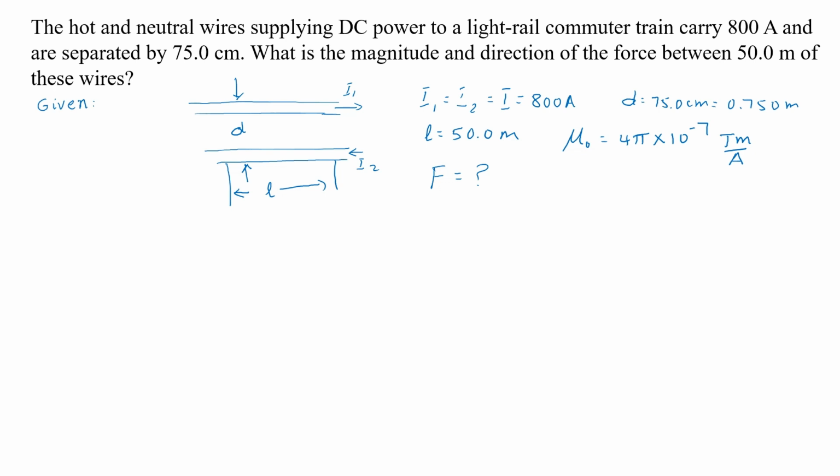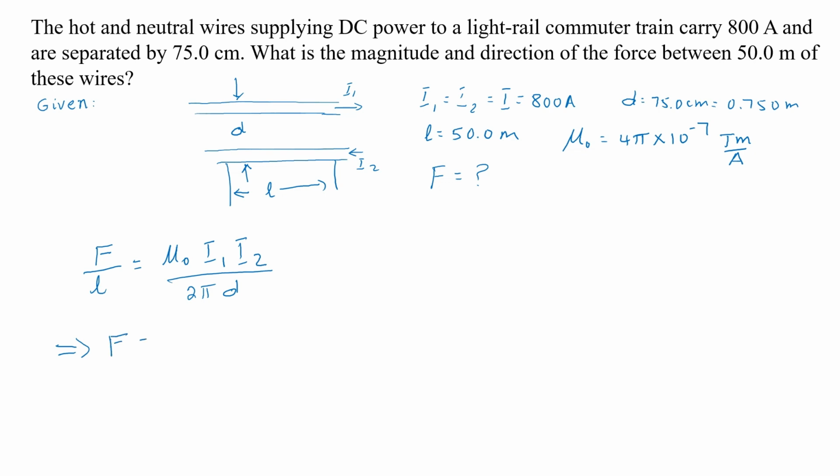Let's calculate the magnitude. The magnitude will be F, and we know that force per unit length of two current carrying conductors is given by the permeability of free space, current in one of the wires multiplied by the current in the other wire, divided by 2 pi and the distance between them. Alright, so we're looking for the force, so we can multiply both sides by L. Therefore, F will be